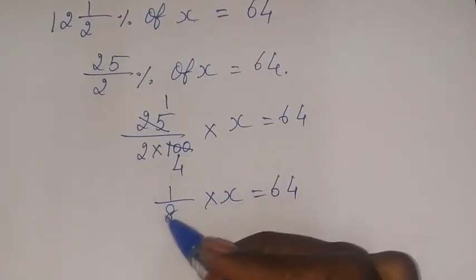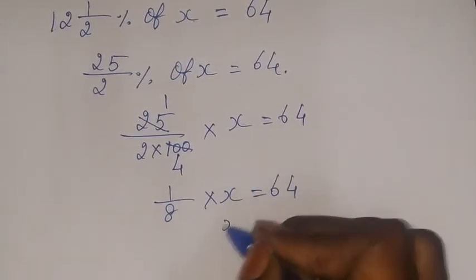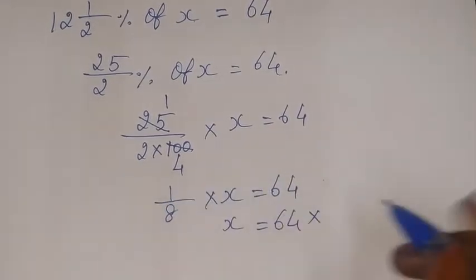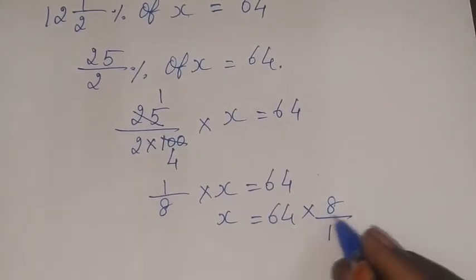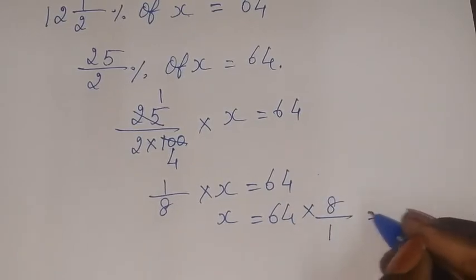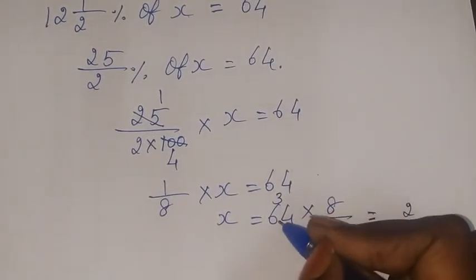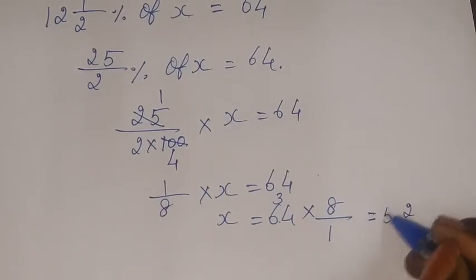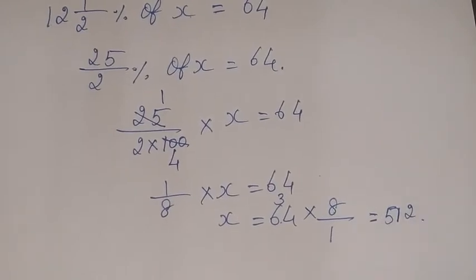When a fraction moves next to the equal to, it will get reciprocated. So x is equal to 64 into this 8 will go to the numerator and 1 will come to the denominator. So it will become 8 by 1. When there is 1 in the denominator, we can't simplify more than this. We have to just multiply the numerator numbers and write it as the answer. That's it. So 8 4s are 32, 3 as a carryover, 8 6s are 48 plus 3 is 51. Any number divided by 1 is the same number. So 512 is the required answer.